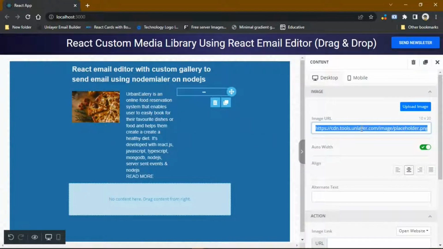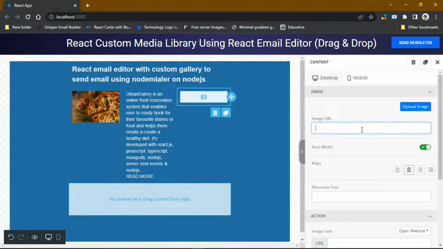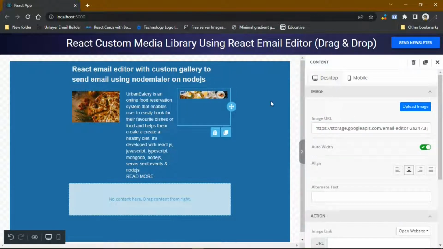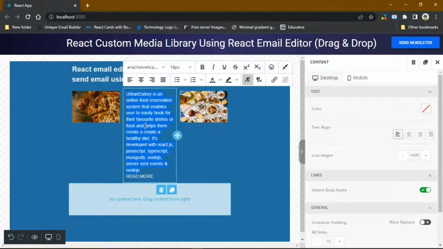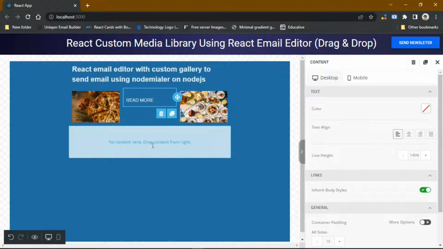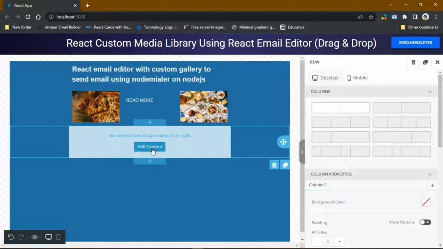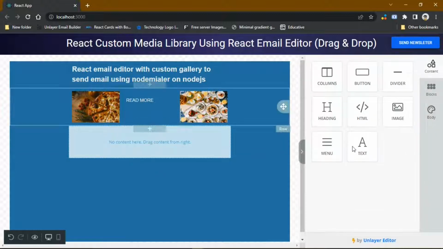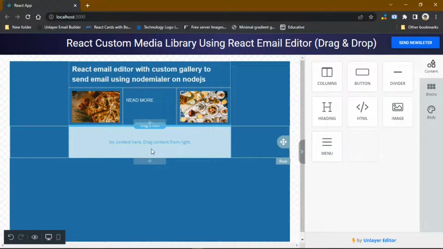Just highlight this image URL and paste the link that you have just copied, to automatically load the image over here. So you can see how we are able to customize it. But I don't like the way this text content is overlapping. So I will cut this text content, and I will go ahead in this next box. I'm going to add my text content. So drag text content and then drop it over here,